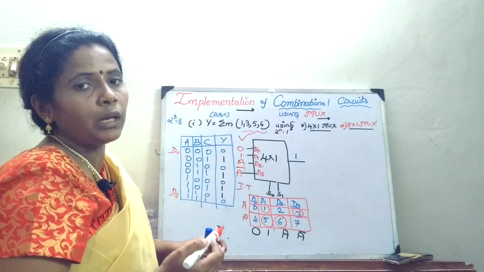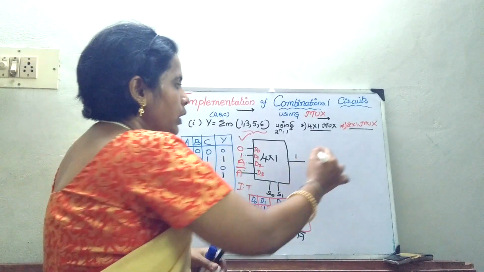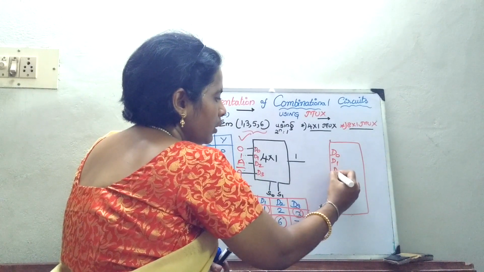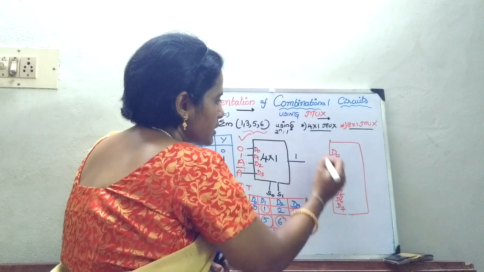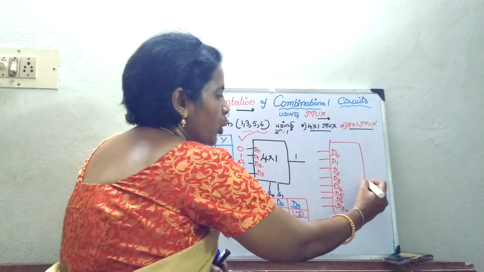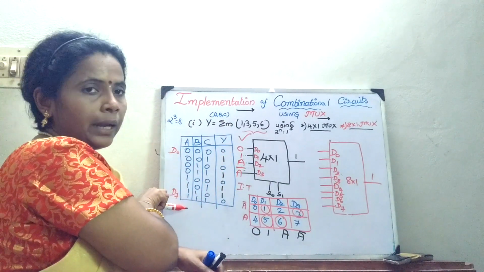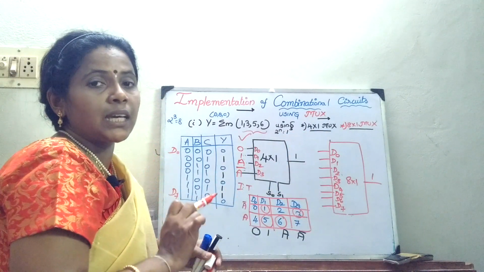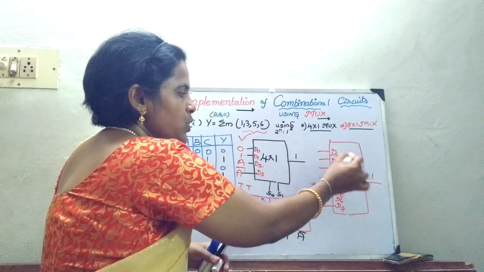Now the same thing we will incorporate in the case of the 8x1 mux. So what is the condition? How many inputs should be there? D0, D1, D2, D3, D4, D5, D6 and D7. And what should be your output? One output. In this case, the input data and your mux design remain the same, so there is no need to do the implementation table. Directly you can write. Now input is satisfied, output is satisfied.